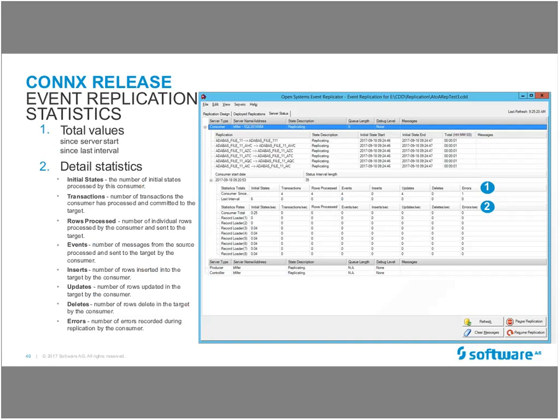And down here, number 2, for each replication task you get information about the initial state, the transactions per second, the rows processed, the events, the inserts, updates and deletes, and so on. So you get much more detailed information about what's going on when you have load on the replication.